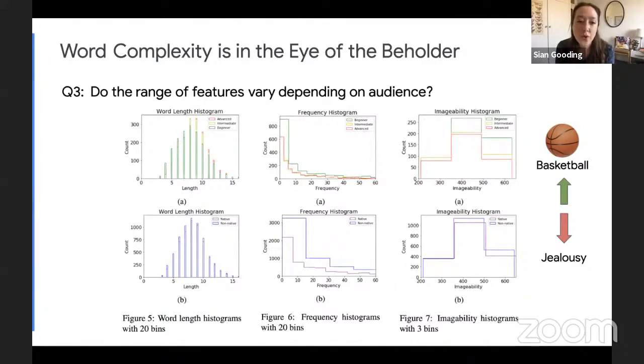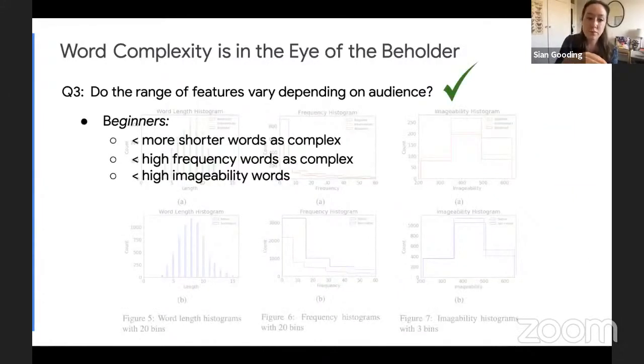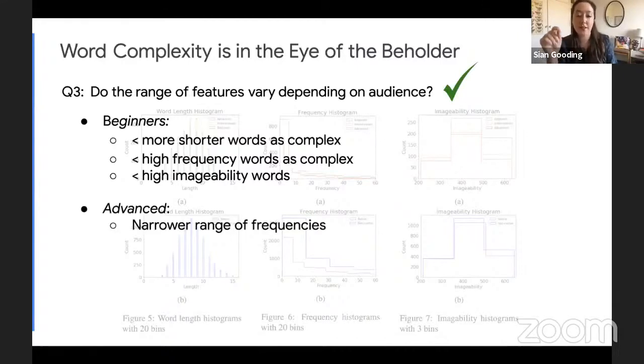And so first of all, some of the findings from this. For beginners, shorter words are found as complex, more high frequency words are found as complex, and more high imageability words. There was quite a difference in the distribution of features for this particular group of beginners. And it's interesting because when you look at advanced